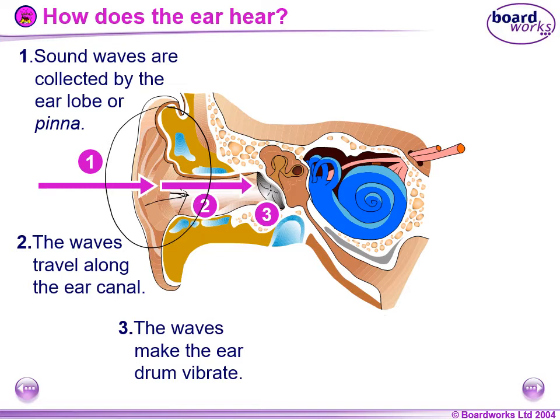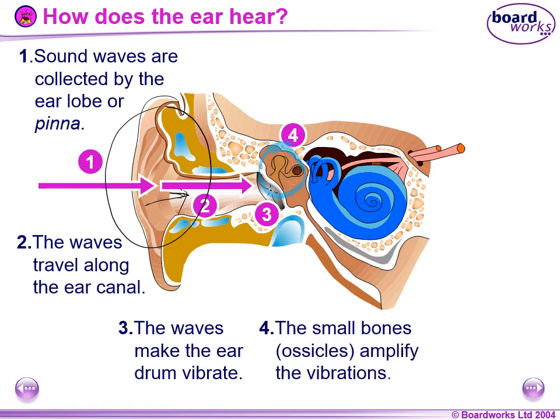Then what happens? Can you see these small bones attached here? Okay, can you see the bones here? The small bones. Those small bones are called the ossicles. They are attached to the eardrum, so when the eardrum vibrates, they also start vibrating. But when they start vibrating, because they are much smaller in size,